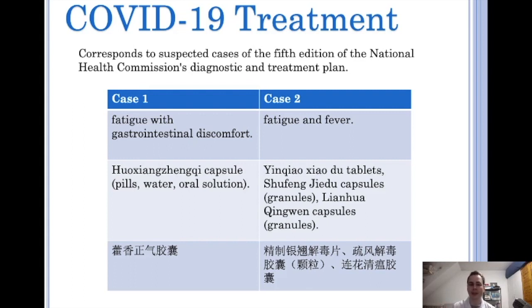We have two special formulas to treat the virus. We have to keep in mind that there are only two cases, and these cases are going to have different stages, but out of these two cases there are no more cases. This is the most important thing to know. The first formula, for the first case, is going to be 藿香正气汤, or 藿香正气丸. If you want to, you can check it online. It's an easy formula, but we are going to study it in just a few minutes.